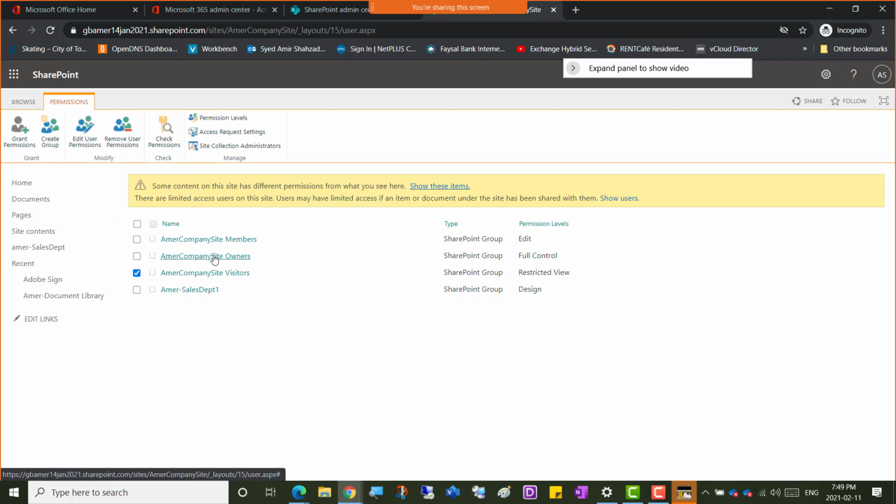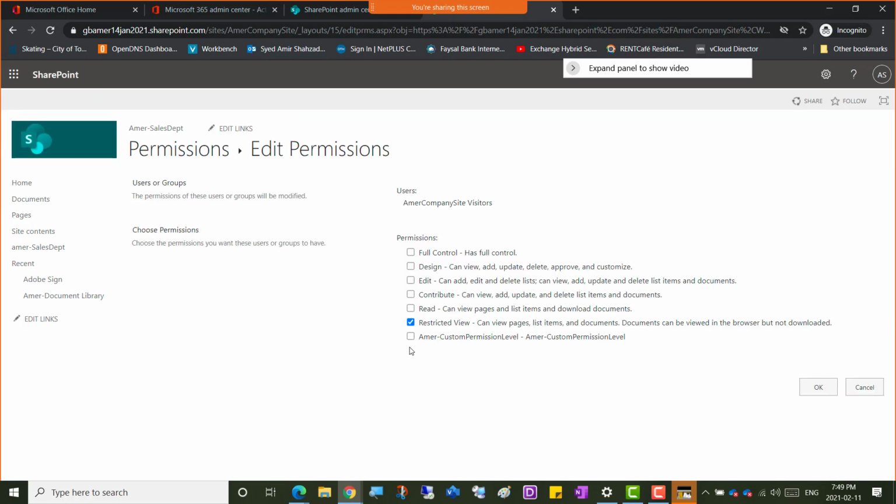So if I select that site visitors, and first we go to edit user permission, then we're going to go for grant as well, right? So let's click edit user permission after selecting site visitors, and yes, we see our custom permission level as well. So what we can do is uncheck restricted view, and we're actually letting users not mess with any of the site settings